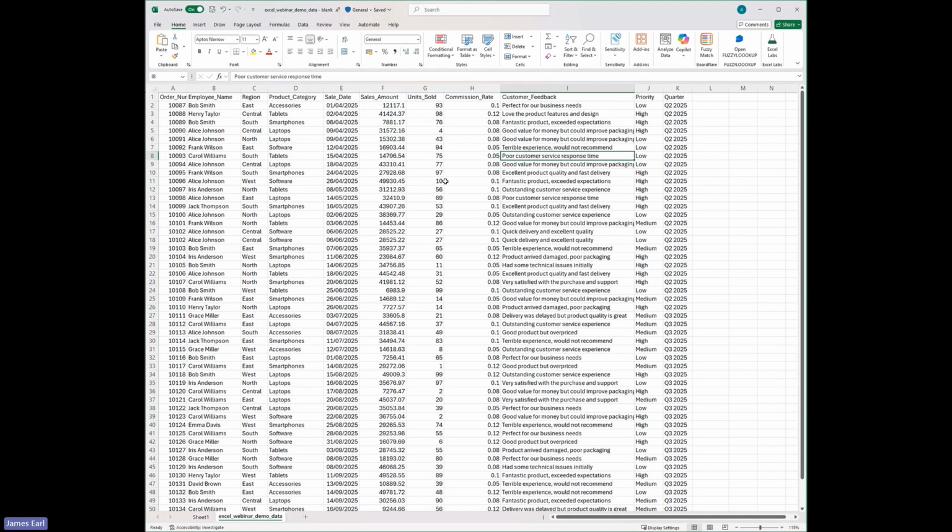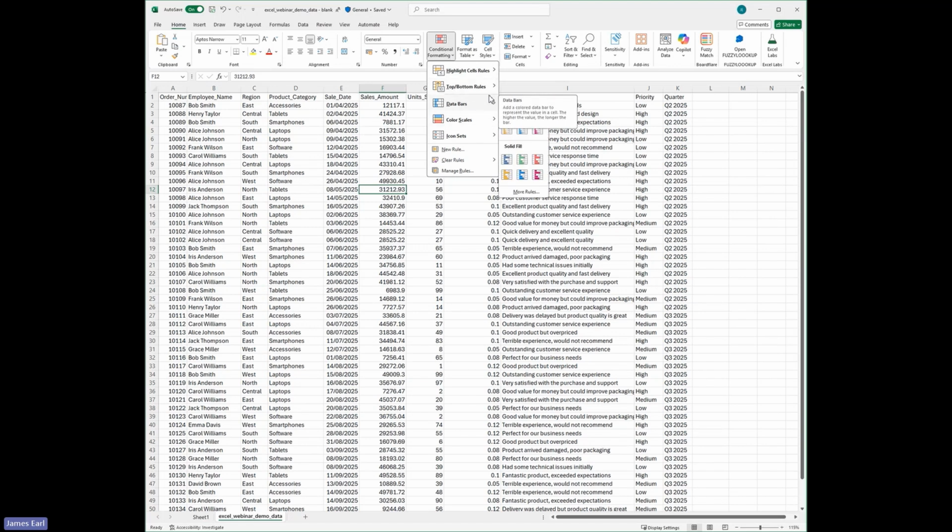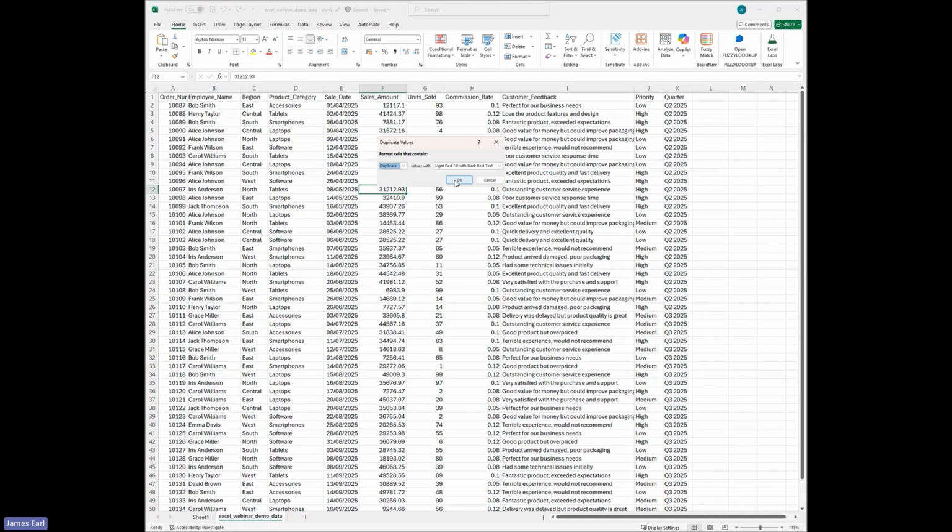One last useful thing for conditional formatting is helping you to identify duplicate entries. So obviously we've got a whole bunch of orders here. Before we perhaps process this or send it out to a client, we just want to double check that there's no duplicates that have made their way into the data set. So we're going to go back to conditional formatting. We're going to select highlight cell rules, and we're going to use duplicate values,